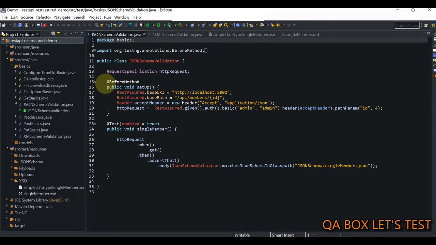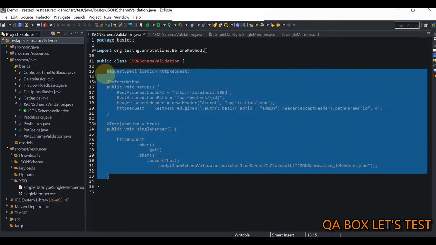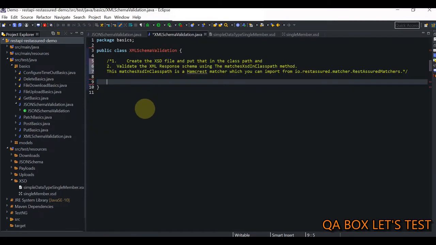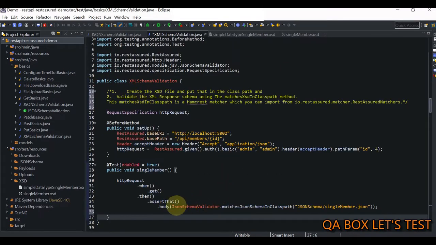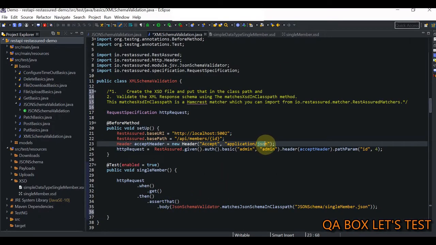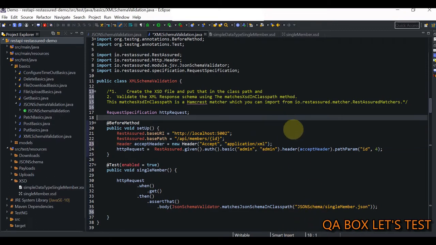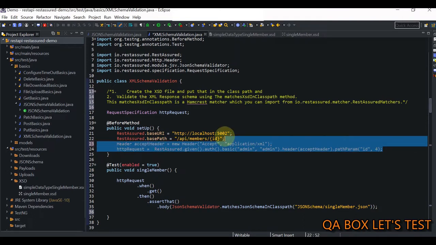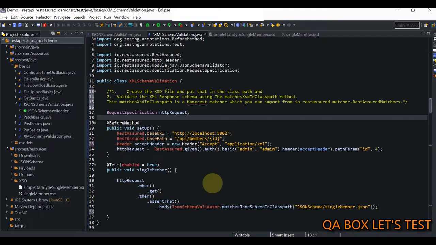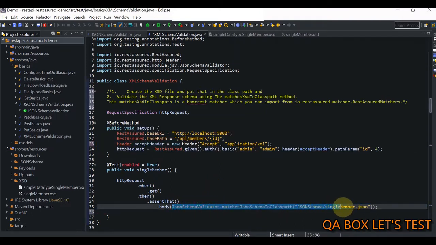So I'm gonna make use of the JSON schema code that I've written and would make the necessary changes. So let's paste everything in here. Now instead of application/json, like I changed that in the Postman, I have to change it here as well to XML. So this would return me the XML response. Great. Then the next thing is in here, now I have to use the XML schema method. Okay, and for that we have RestAssuredMatchers class, like I said.